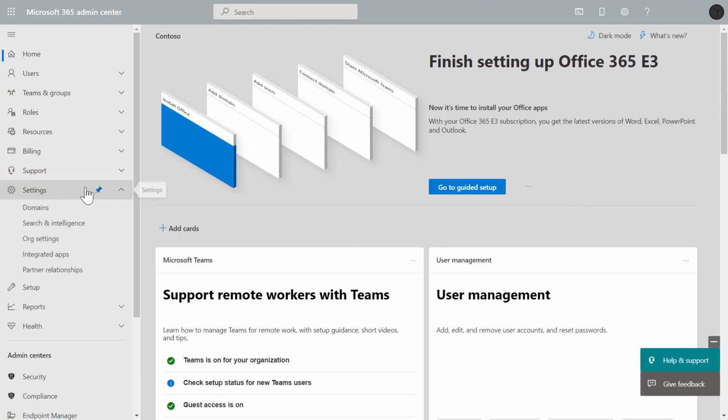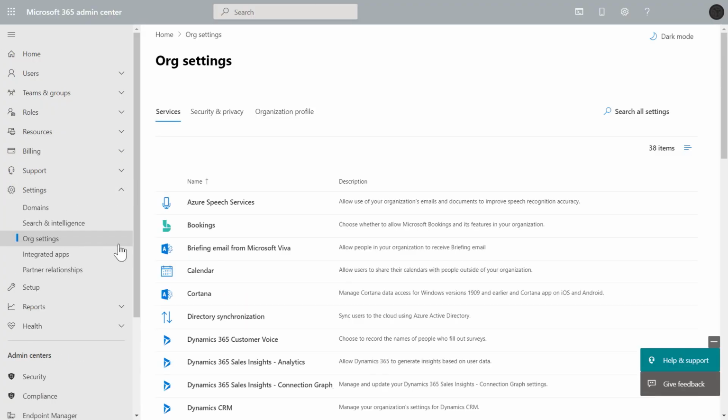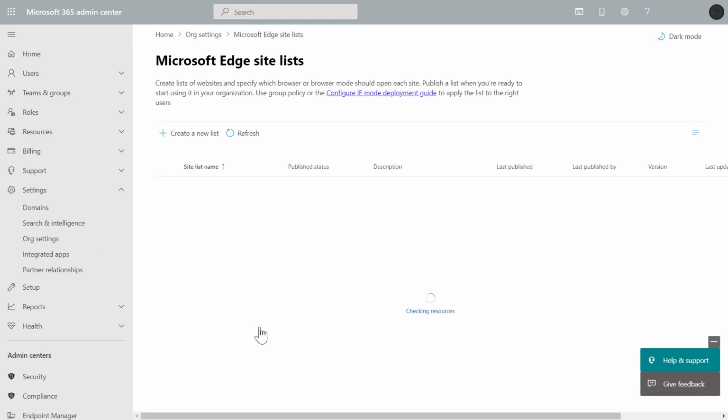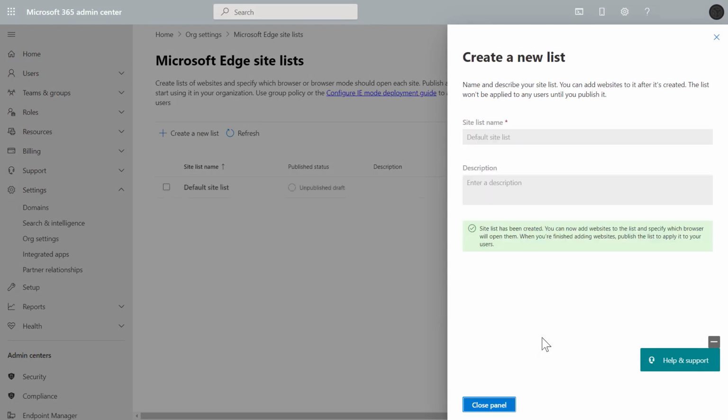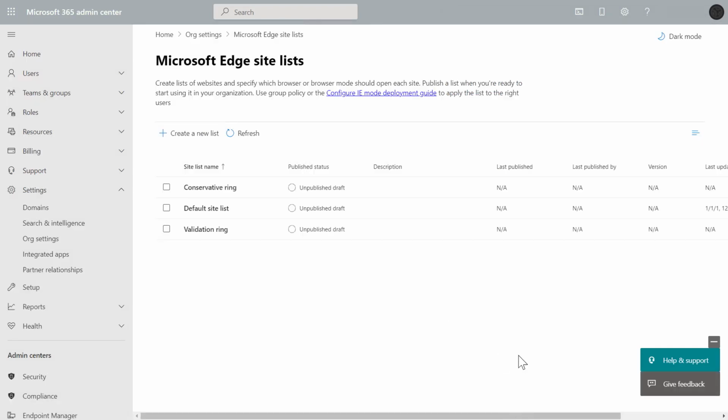To get to this site list experience, just navigate to Org Settings, then Microsoft Edge Site Lists. And if this is your first time here, you'll start by creating a new list. Now I'll give it a name, and optionally I can add a description. Now I've just set up one list, but you might have multiple lists, which can be useful if you have